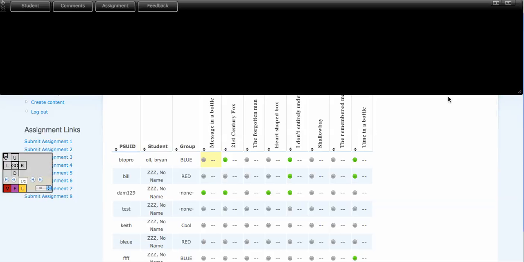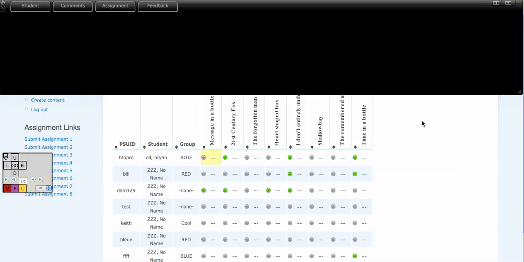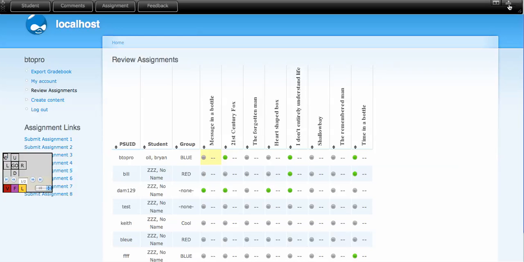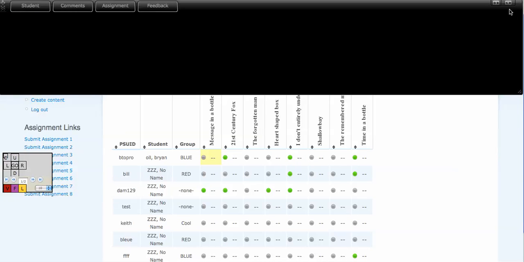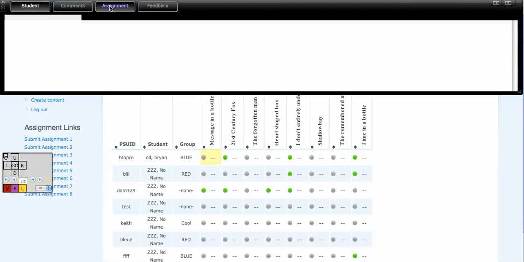So this is the interface that you're going to get for the Assignment Studio once you click on the Review Assignments button, which shows up in your menu under the navigation. Some little things about this interface. One, if you click this, you can remove that tab out of the way. You can also, if you click any of these, it'll jump to that thing about the assignment that you're working